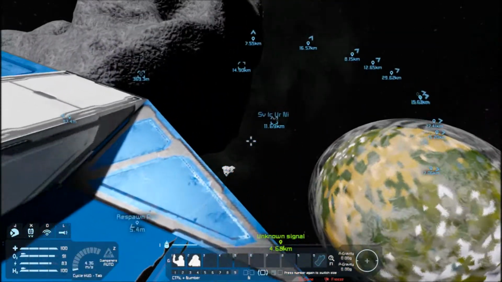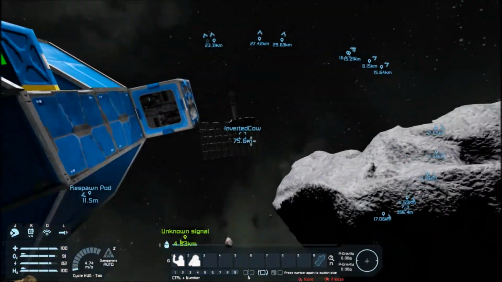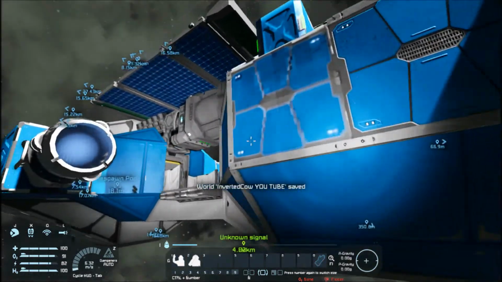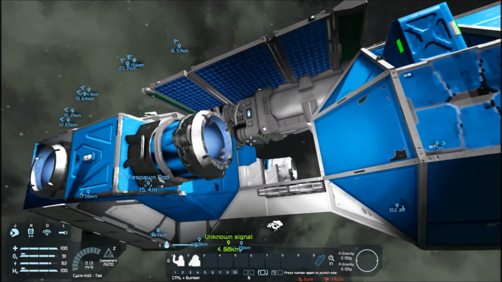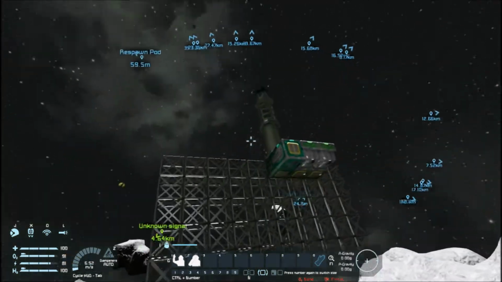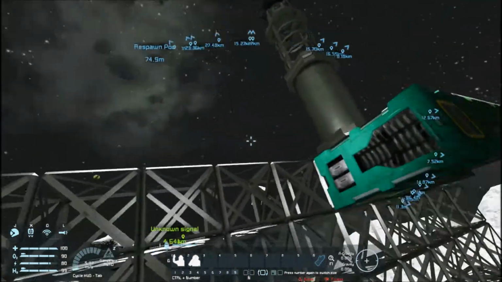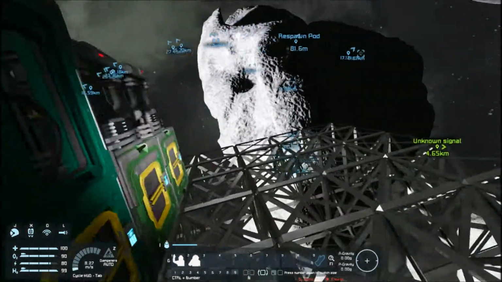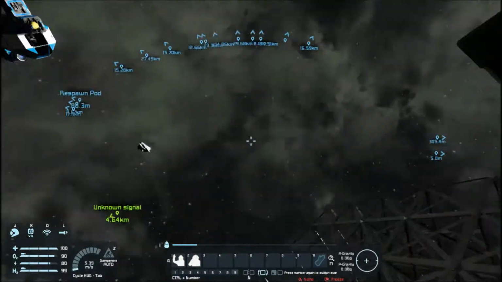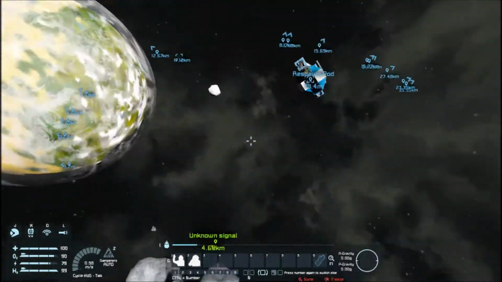And I managed to limp this poor thing back here very close to where we had started. I basically coasted as far as I could with whatever fuel I had, and that's it. So what we're going to do is cook up some cobalt here in one of these refineries and make up a